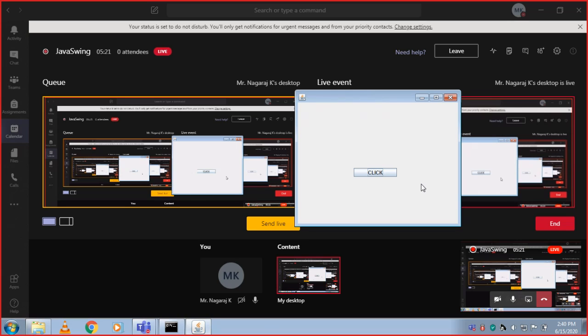All the component classes start with the capital letter J, which stands for Java. And there are two types of containers. One is top level containers, which do not inherit JComponent, just like JFrame. And the other containers are called lightweight containers, which inherit the JComponent class.